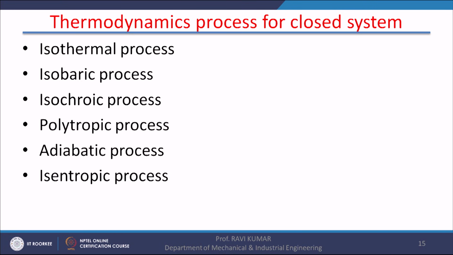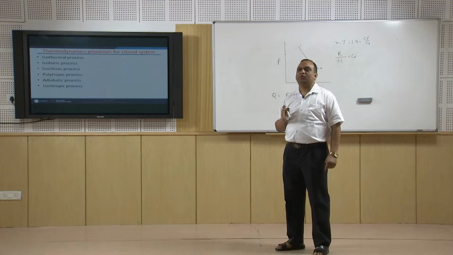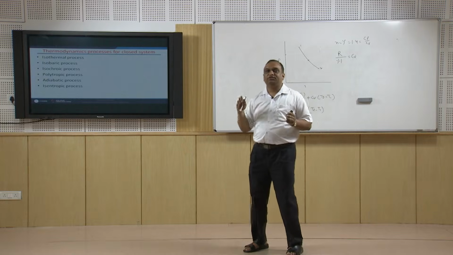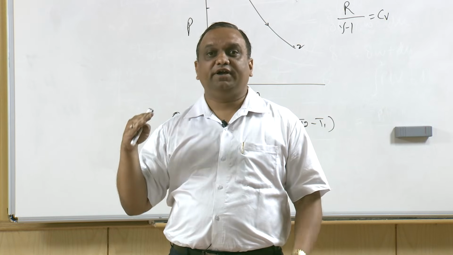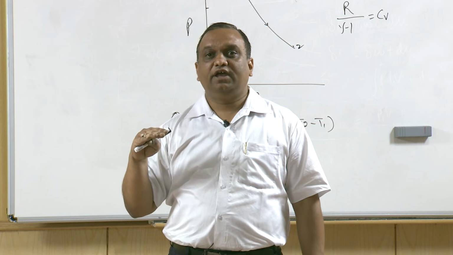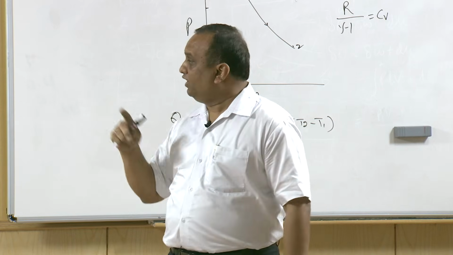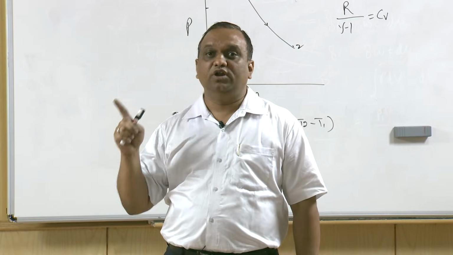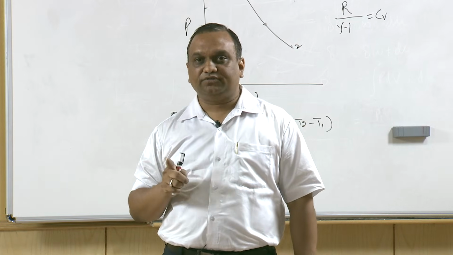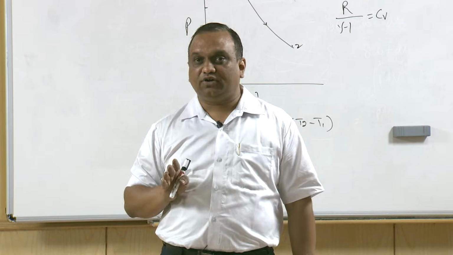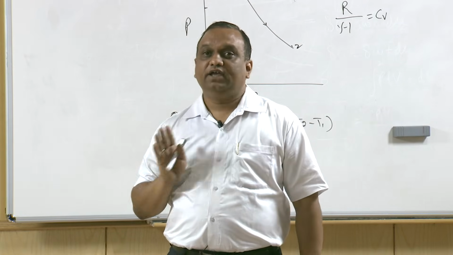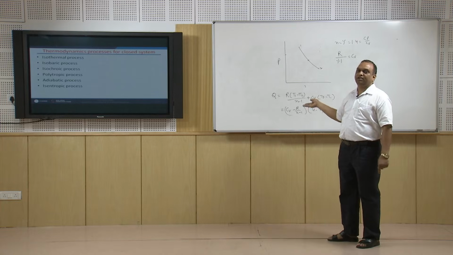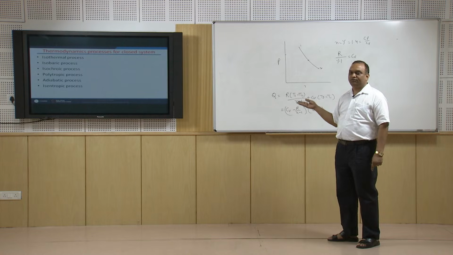In an isentropic process, it is clear from the name itself, entropy remains constant, but they are different. In an adiabatic process, though there is no heat transfer across the boundary of the system, internal friction losses may take place and entropy may change. So an adiabatic process is not necessarily an isentropic process, only a reversible adiabatic process. A reversible adiabatic process is that process in which there is no friction loss. So a reversible adiabatic process is an isentropic process, and in an isentropic process also there is no heat transfer, as it is clear from the name itself, the entropy remains constant, so heat transfer is 0.